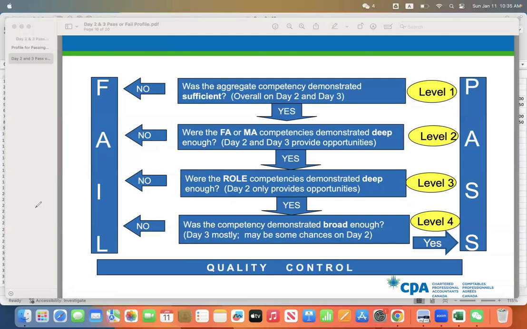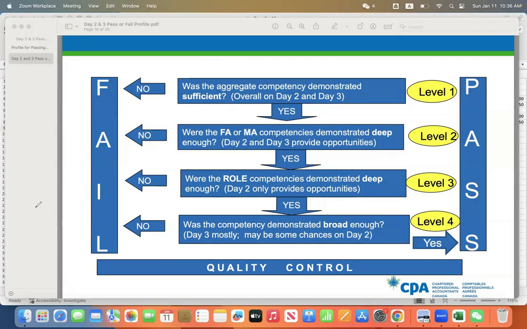Even though you may fail in the end, you still need the chance to at least sit in the exam, complete all of it, and know what the complete CFE exam is like. Just experience it. So I'll just say, no matter what you think about your day two, don't skip day three.